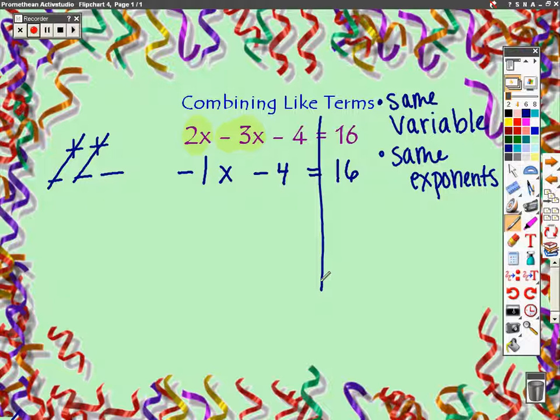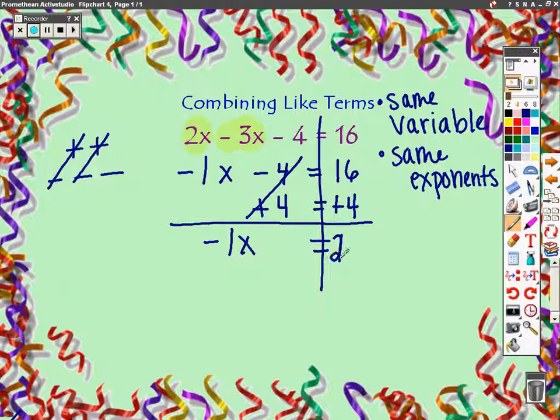So what do I do? I see that this negative 4 doesn't have an x, so I don't want it on that side. I'm going to add 4, and I'm going to do the same thing to the other side. I'm going to add 4. These will cancel out. What do I have left over on the left side? A negative 1x equals